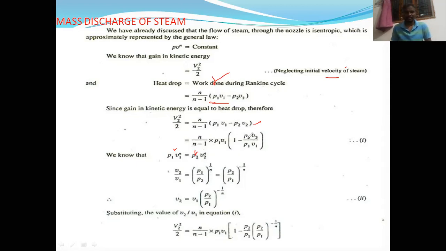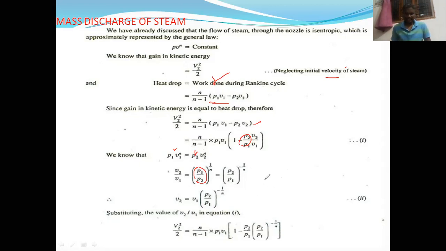Why? Because in this formula we are having the ratio P2 by P1, but here we are having P1 by P2. We have to change this one. So in order to change this, we are writing minus for the power. Actually here it is 1 by n. Taking the minus 1 and rearranging the numerator and denominator, we write V2 by V1 is equal to P2 by P1 to the power of minus 1 by n. So from here, if you take this V1 to the other side, V2 is equal to V1 into P2 by P1 to the power of minus 1 by n.